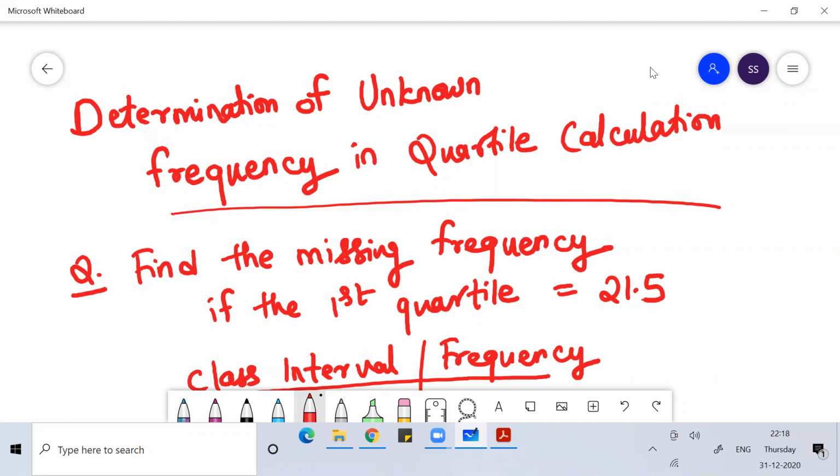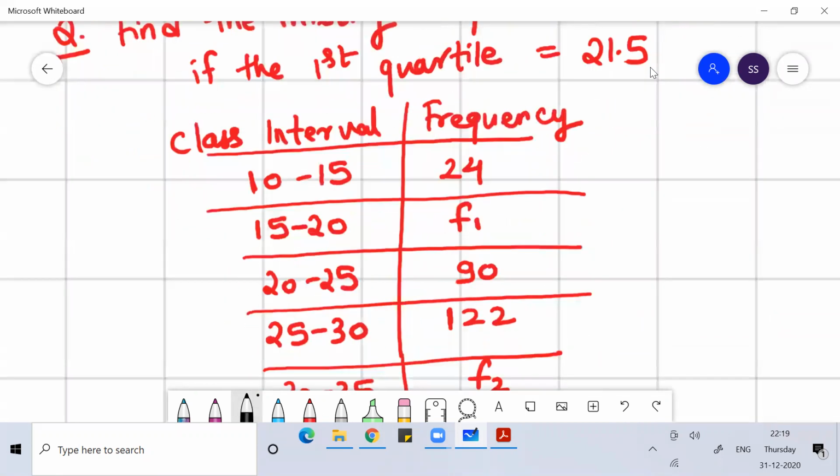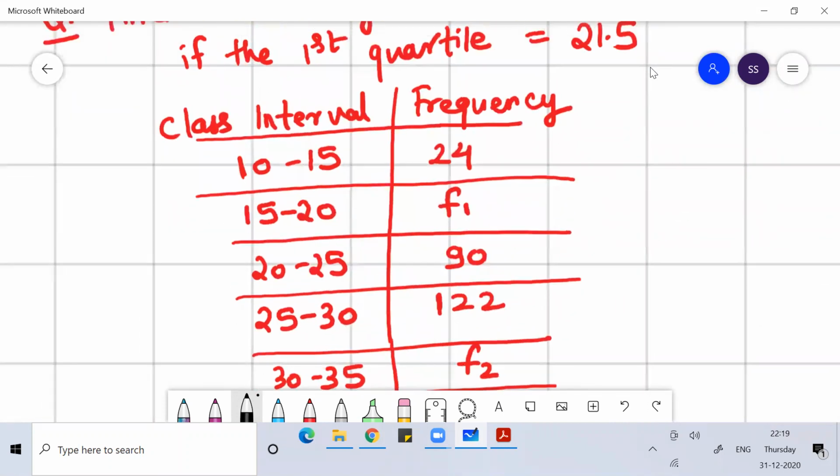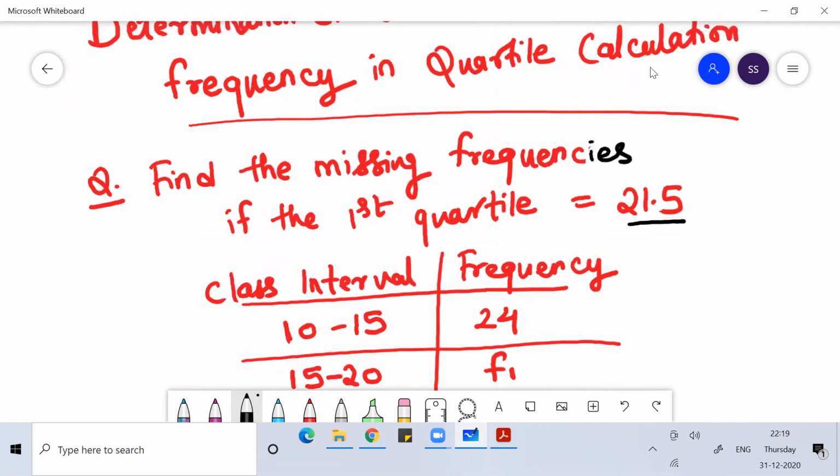And guys, welcome to my class where I'm going to talk about determination of unknown frequency in the quartile calculation. So, guys, this is your problem: find the missing frequency. Here, the proper English word should be missing frequencies, not the frequency, because here there are two frequencies missing. So you have to find the missing frequencies. Here the two frequencies which are missing are F1 and F2. So you have to identify two missing frequencies where the first quartile for this class interval with frequency data is